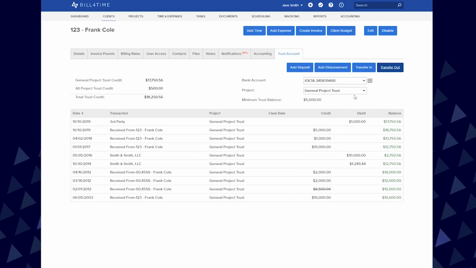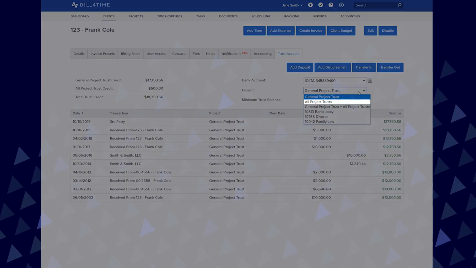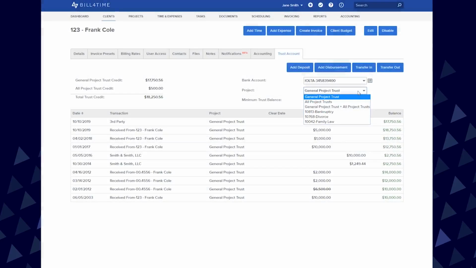You can pull down the project dropdown to choose what project you want to look at. All Project Trust will show the transactions within the project's trust only. General Project Trust plus All Project Trust will show all transactions, and then lastly, you have your individual projects to look at. Let's say you want to pull funds from your trust to your operating account to pay for an